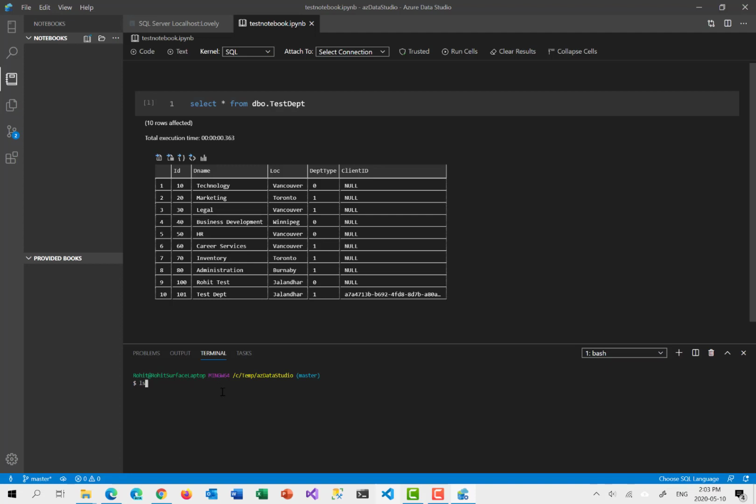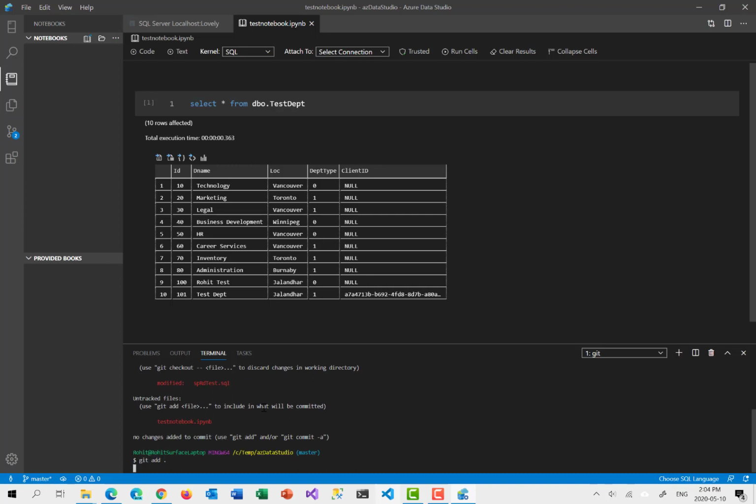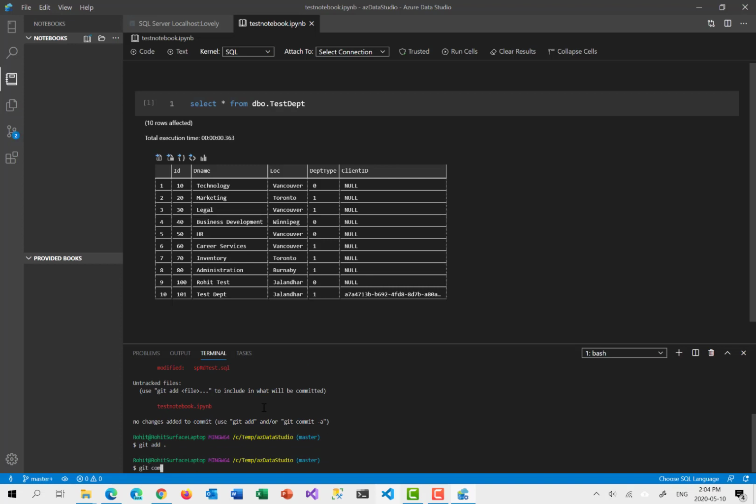Let's say over here you see ls, so we have a test notebook which is created for you, and if we run git status, it shows that these two files have been added. So I'll say git add all the files, and then git commit with the message, added a notebook in Azure Data Studio. The local commit is now done, and then git push origin